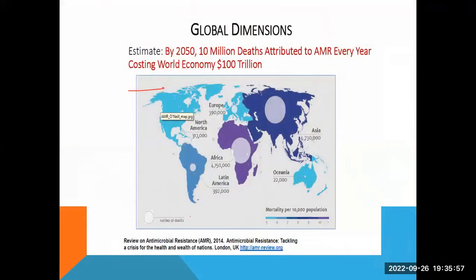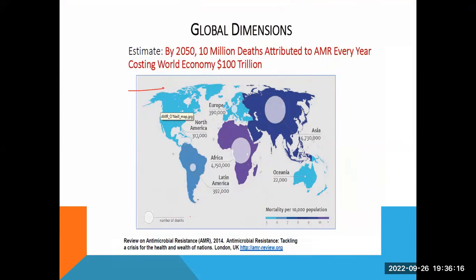So where do we stand? What's the currently global burden of AMR? So this was an initial report. It was done by an economist in the UK. His name is Jim O'Neill. It's the AMR O'Neill report. This report